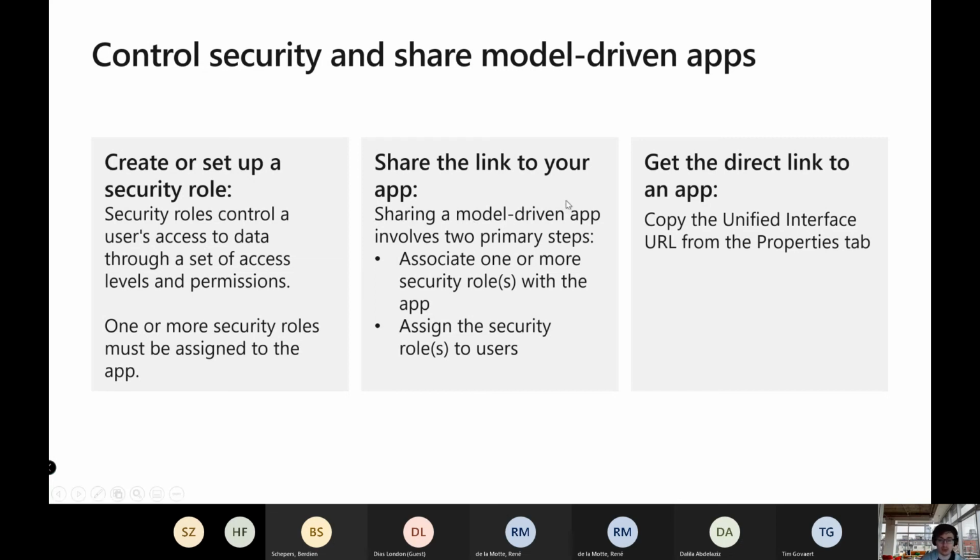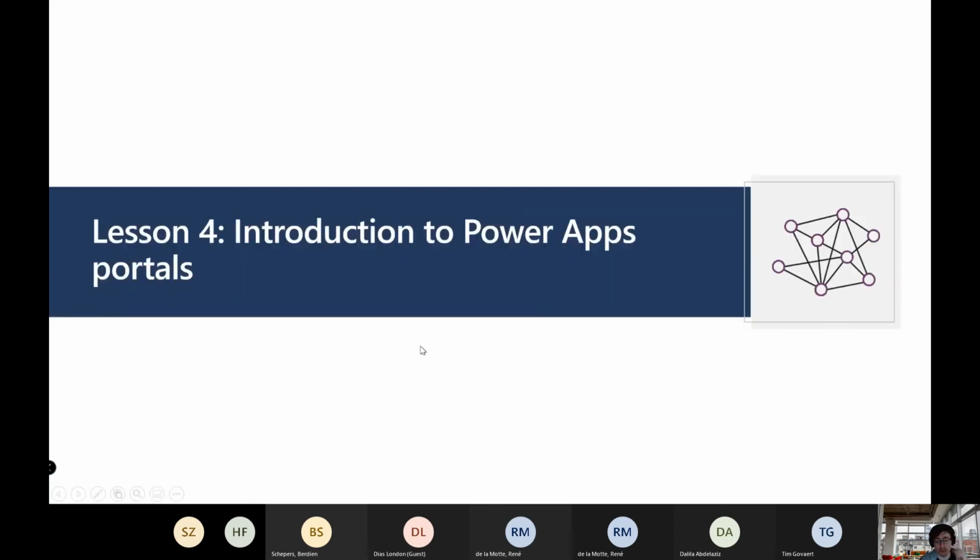And that, in a nutshell, is everything we wanted to talk about when it comes to model-driven apps. So when we get back from the lunch break, we're